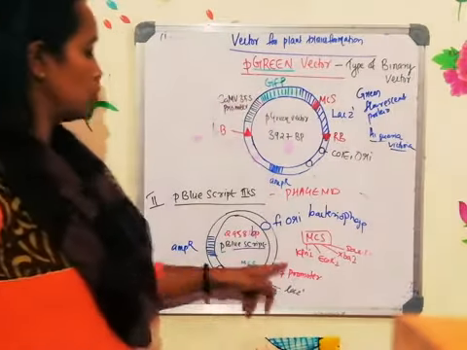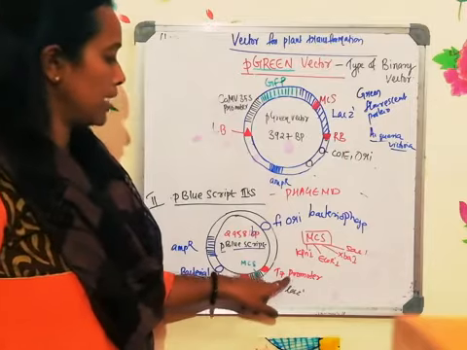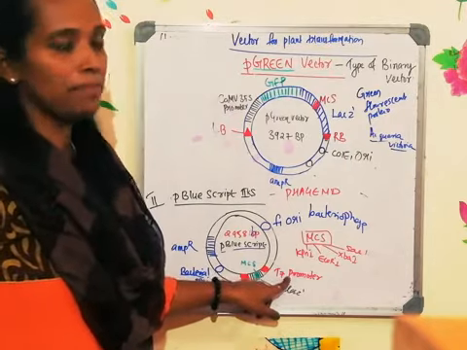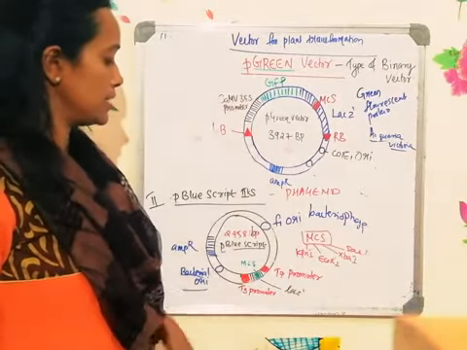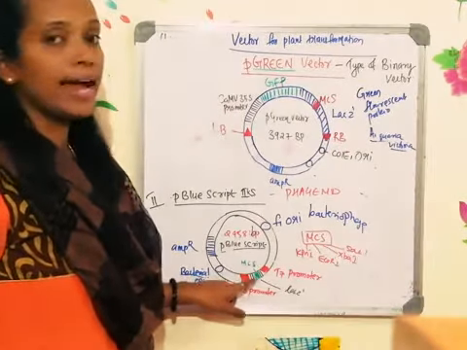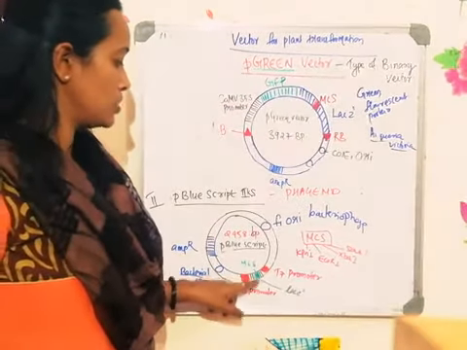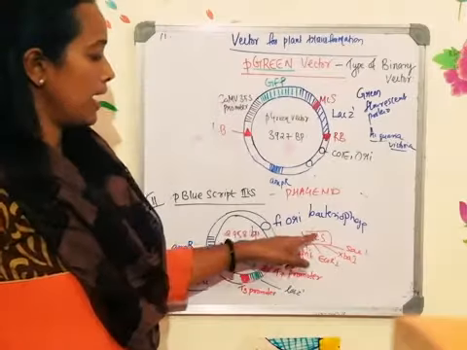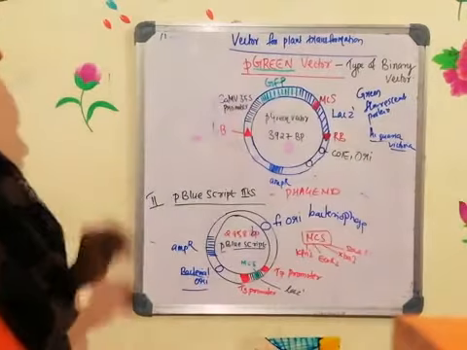And it has two promoters. One is the bacteriophage T3 promoter, another one is the bacteriophage T7 promoter. In between them, there is a lacZ gene with the multiple cloning site. The multiple cloning site is the region where you will be putting the DNA, and these are the different restriction sites which are there in the multiple cloning site.